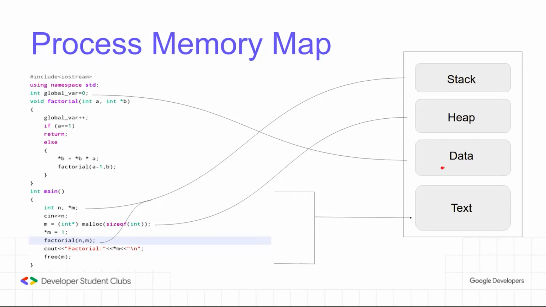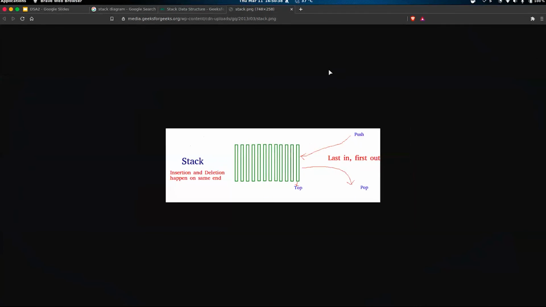One second, I'll just open a diagram and explain it to you, Goiban. Goiban, can you see the stack diagram? Yes, I can. So basically, what a stack is, when you push something into the stack, you can push more stuff on it, and it keeps going under and under, right? And when you pop something out, the thing that was added last will be the first to come out. Basically, last in, first out.